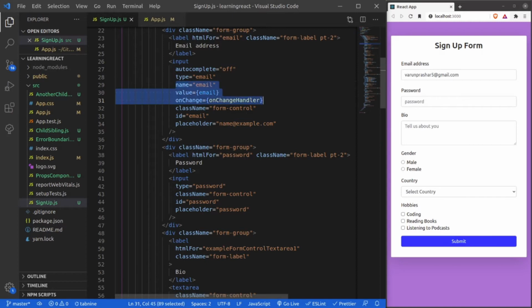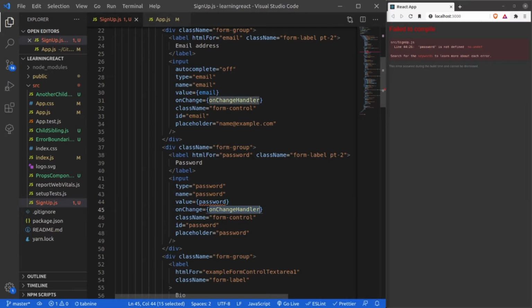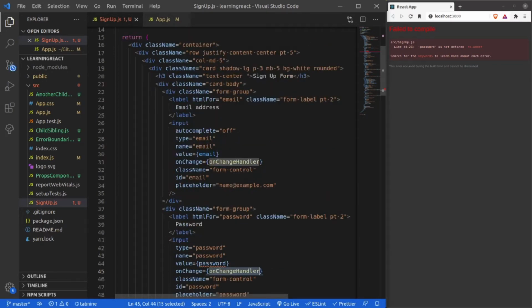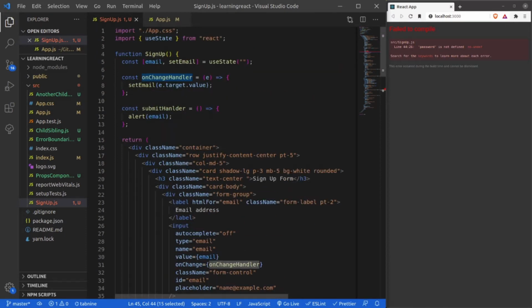I also need a name variable. I will tell you why it is important in just a few minutes. Let's name it password and then again use the same onChange handler because the main functionality of the onChange handler is going to be the same.